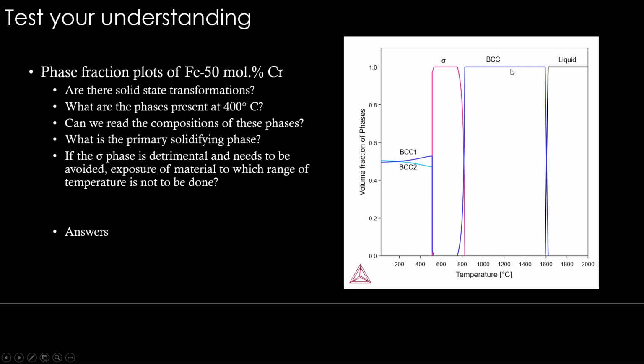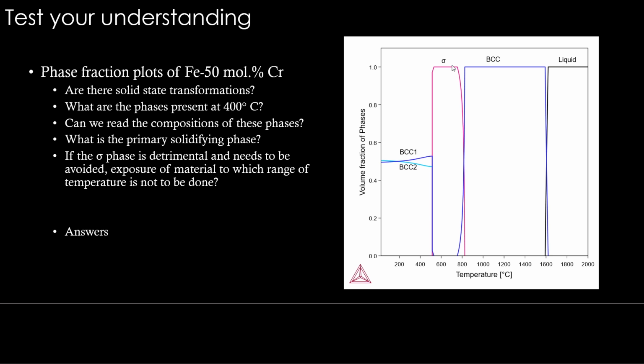Okay. Let's say you are doing a heat treatment at a high temperature BCC and you are stabilizing or homogenizing a single BCC. Then you want to cool from that temperature to low temperature, then start using it. Okay. But how do you cool after the heat treatment? You can't simply cool in a furnace with the slow cooling. Let's say you keep the material inside the furnace and switch off the furnace so that it slowly cools. If that happens, the material will experience this temperature range at least for a small time. That may be enough for the sigma phase to nucleate and grow. Okay, sigma phase can start forming.